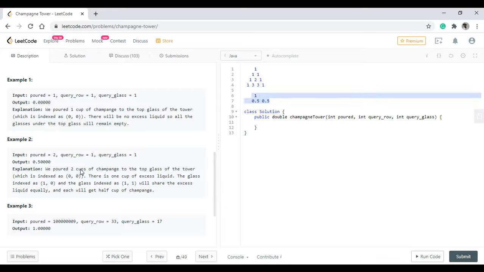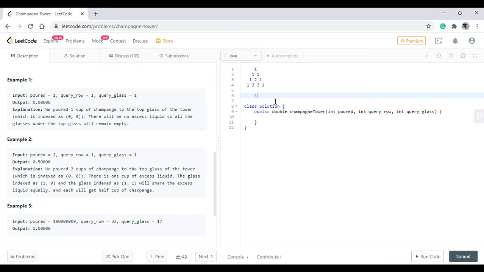Now if we are pouring 4 glasses, the approach will be, we are initially having 4 at the top. From the 4, 1 will remain here and the rest 3 will be bifurcated over here. It will be 1.5, 1.5.